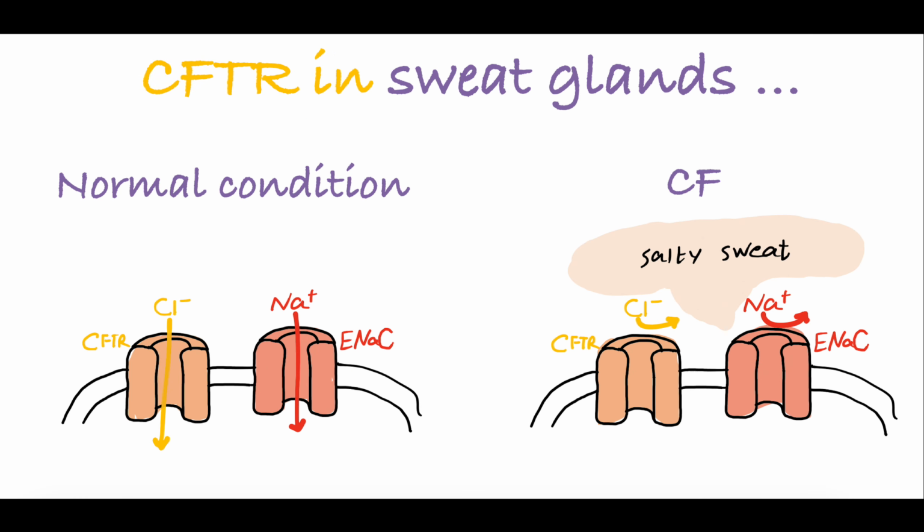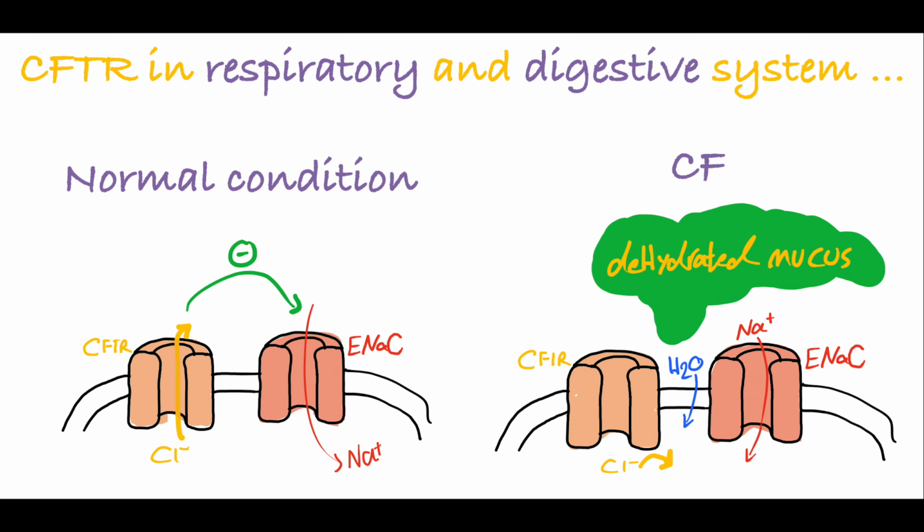complications. The major function of the CFTR protein in the sweat gland ducts is to reabsorb luminal chloride ions and augment sodium reabsorption through the epithelial sodium channel. Therefore, in the sweat ducts, loss of CFTR function leads to decreased reabsorption of sodium chloride and production of salty sweat. In contrast to sweat glands, CFTR in the respiratory and intestinal epithelium is one of the most important avenues